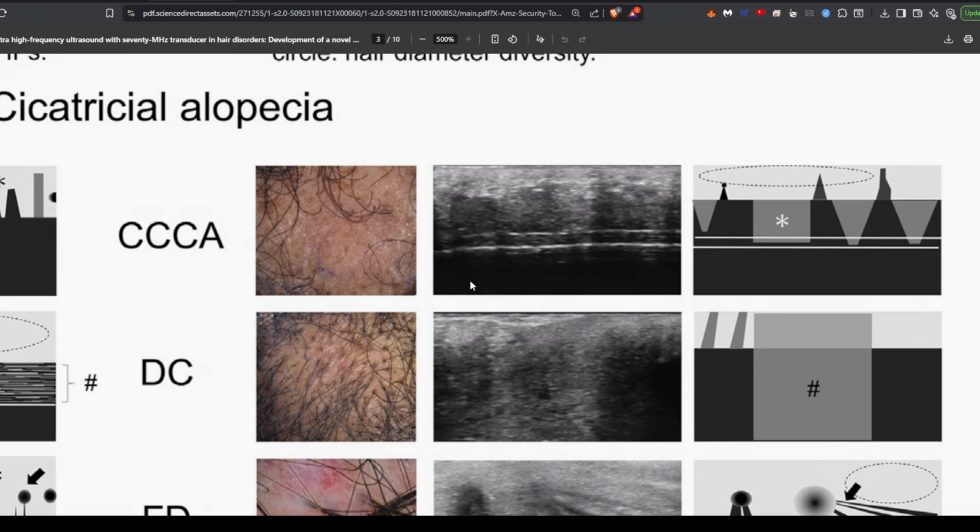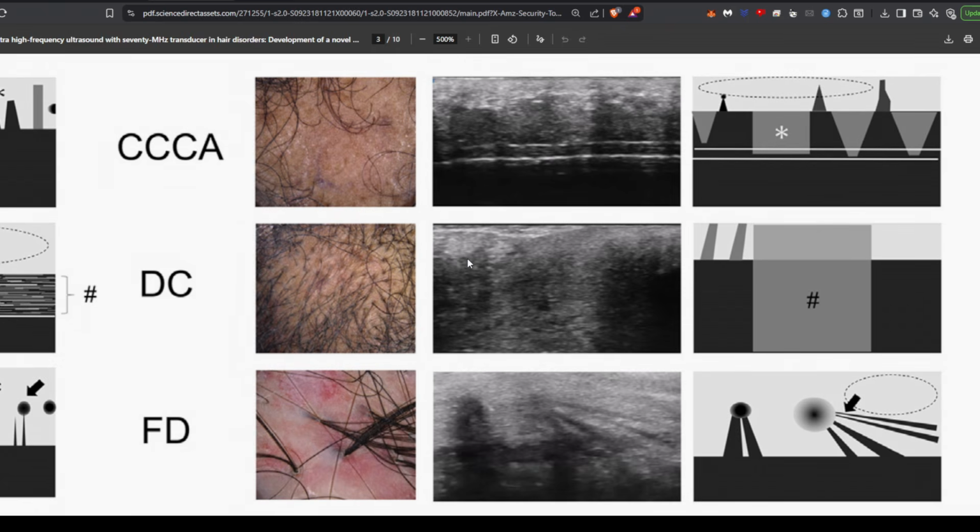But perhaps the destruction to the dermis is not as severe with lichen planopilaris as you see there. This is, I think, discoid lupus erythematosus, something like that. Sounds like a magical spell. I'm just saying it from memory. But yeah, very odd imaging. It's kind of weird because there is a huge amount of area that has just pretty much collapsed into what would eventually be scar